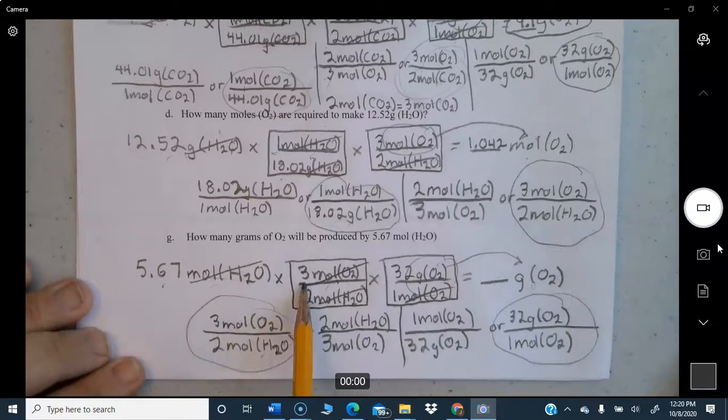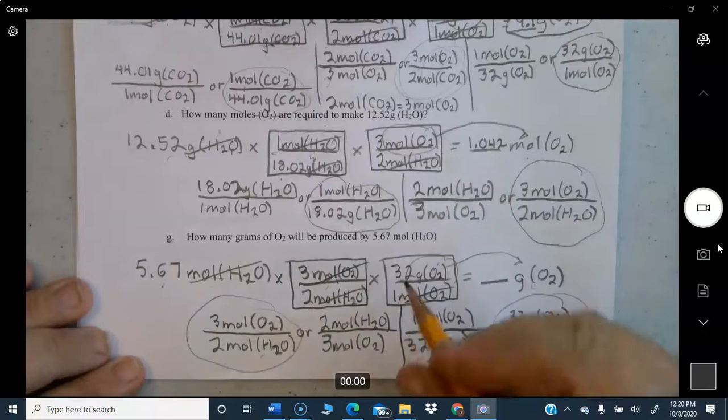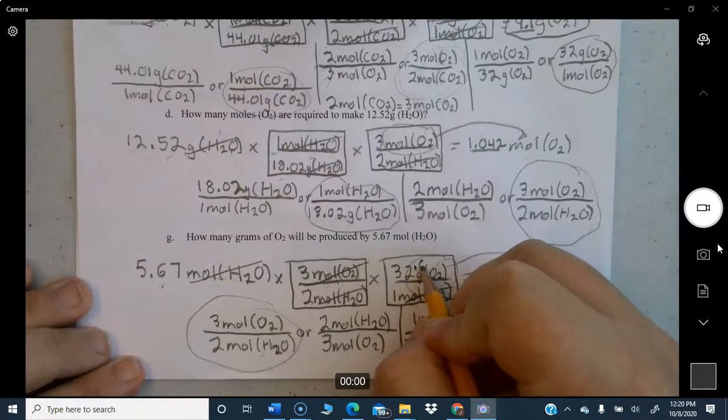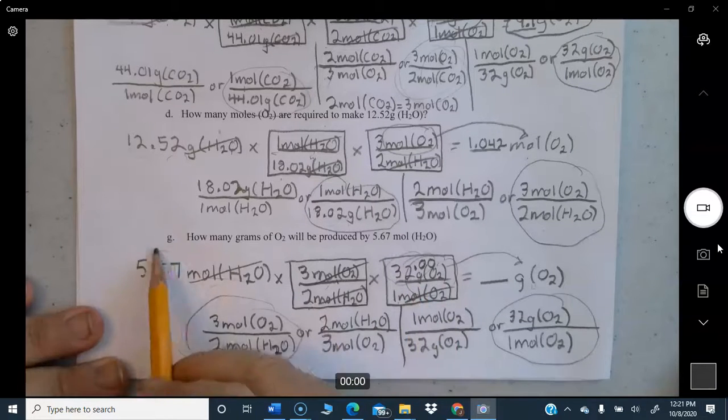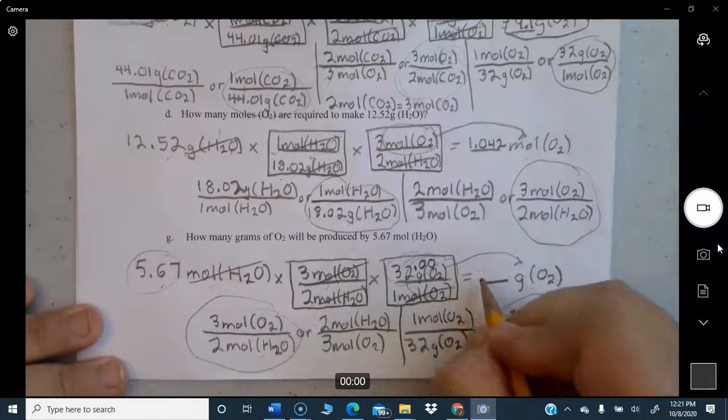So it's 5.67 times 3 times 32 divided by 2 divided by 1. And let me be precise here. It's 32.00 according to our periodic table. That'll affect the significant figures at the end of the problem. So 5.67 times 3 times 32.00 divided by 2 divided by 1 equals 27.216. I have 4 significant figures here. I have 3 here, so we're limited to 3, so it's 27.2